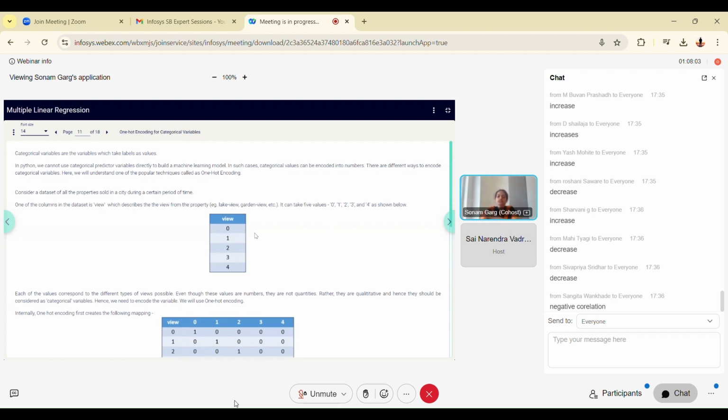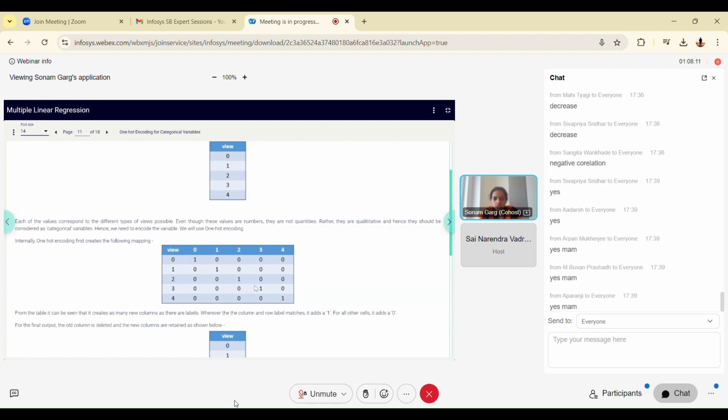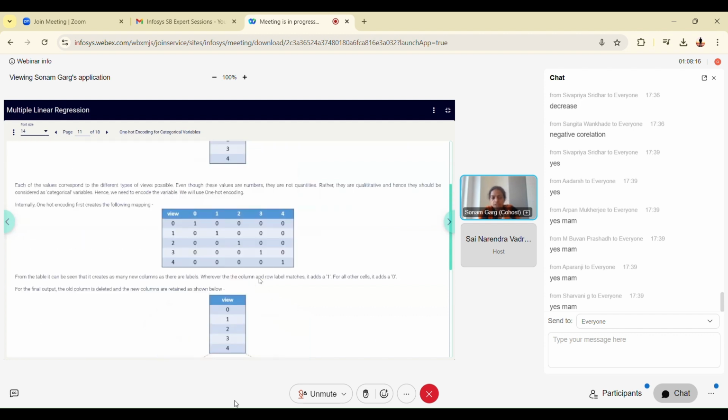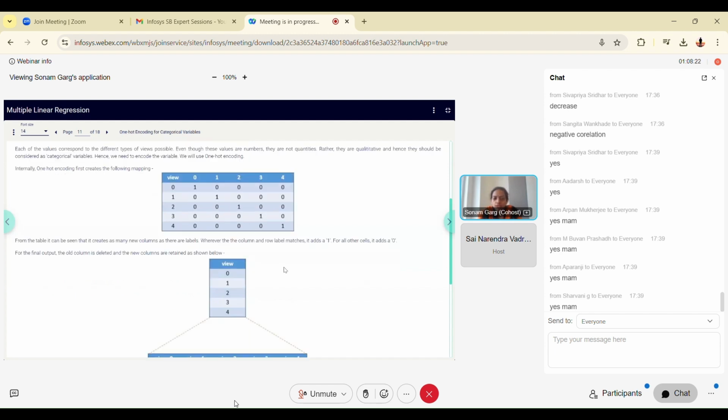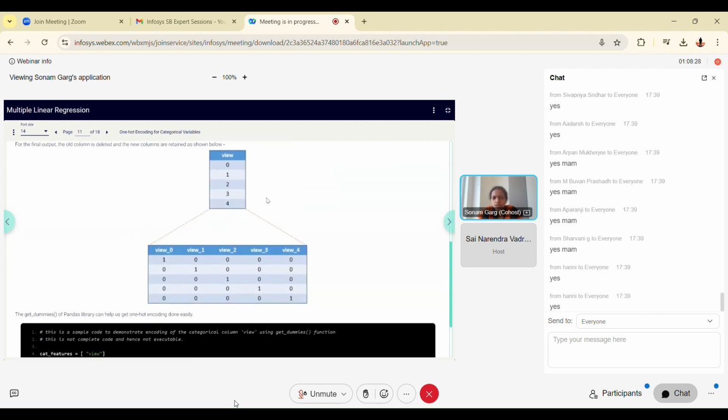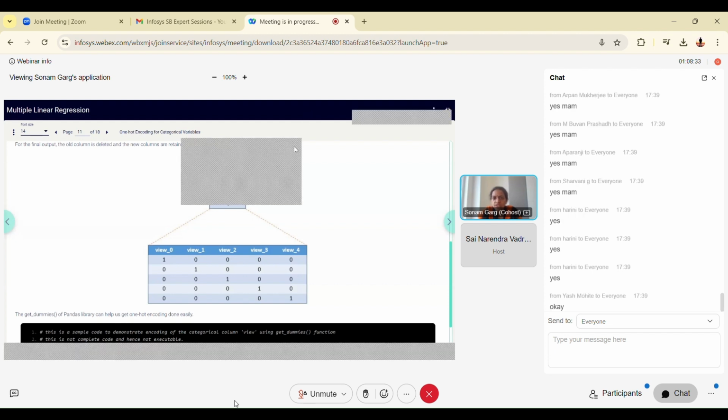So we should have some way of dealing with it. We have to convert it to numbers. We can use the get_dummies method of the pandas library to convert these types of categorical attributes to numbers, to map them so that they can be given to these regression algorithms. So now how do we create a mapping for it? In this diagram you can see you have different values 0, 1, 2, 3, 4, which represent categories.